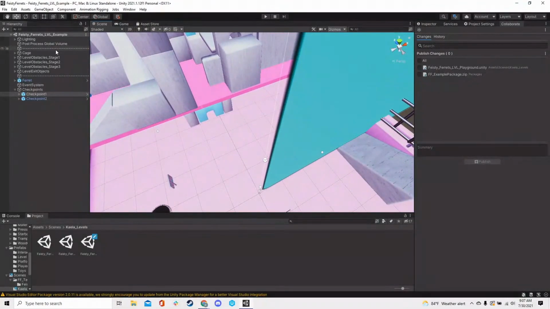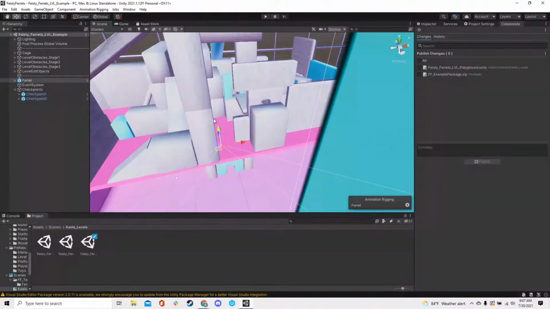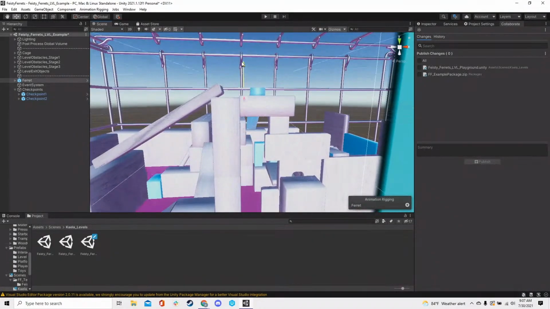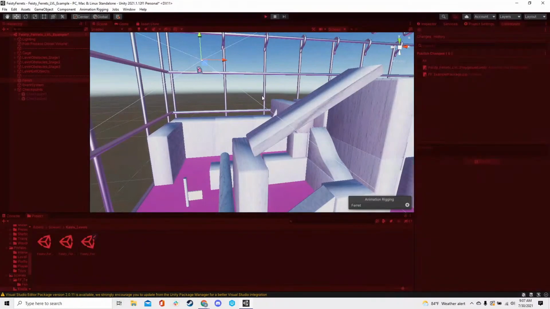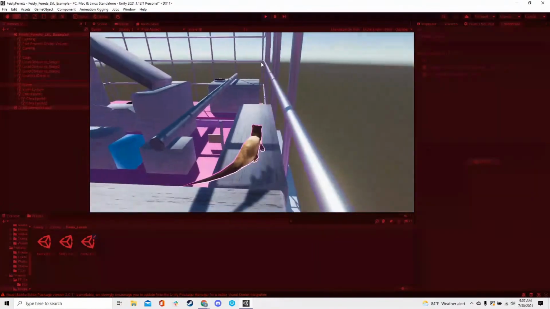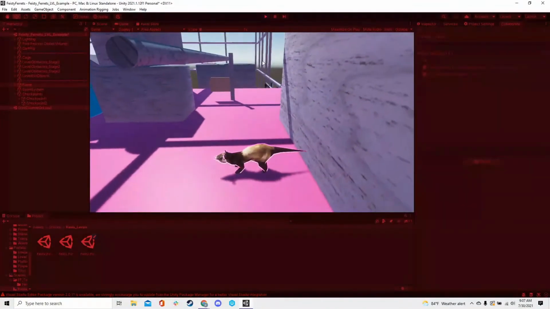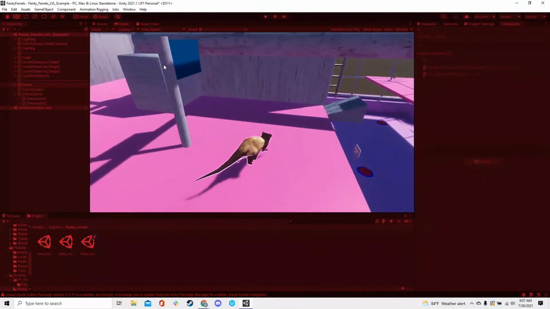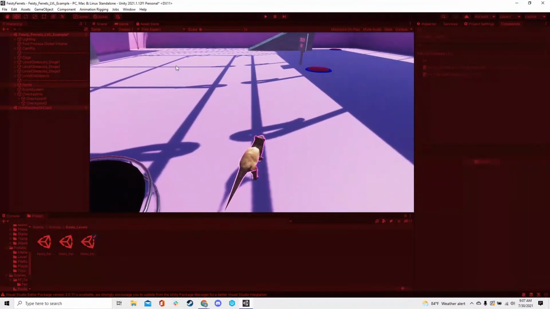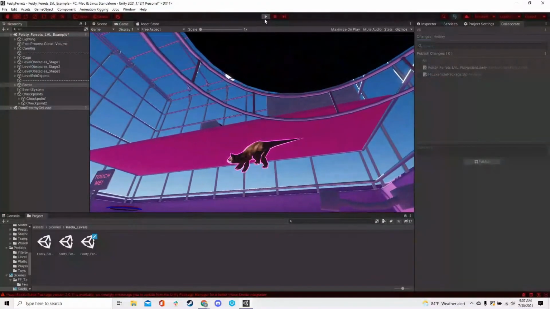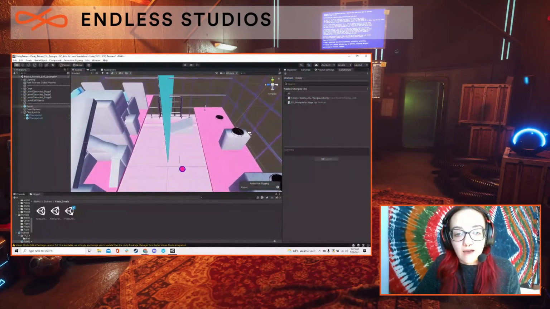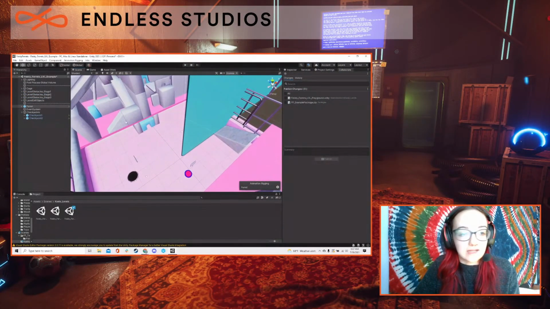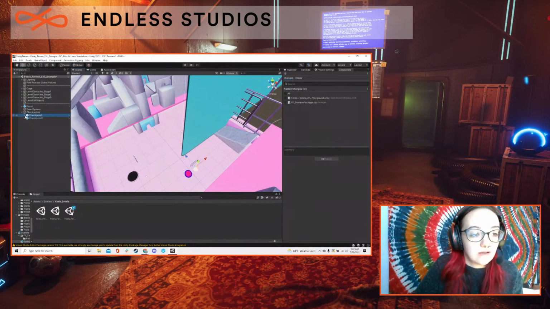If I take our little ferret over here, I'm just going to teleport him upwards so that he spawns in this part of the level. Play. We spawn in a different place. So we're kind of cheating right now by spawning halfway through the level. We could still activate this checkpoint, but now if we fall down here, we're not going to teleport back. And the reason that is the case is because of the way you set these up right now, unless we make any improvements and we want to change things, is